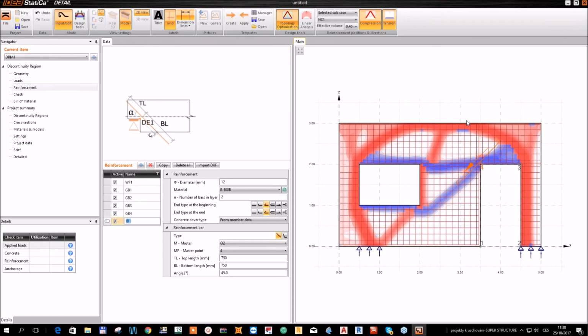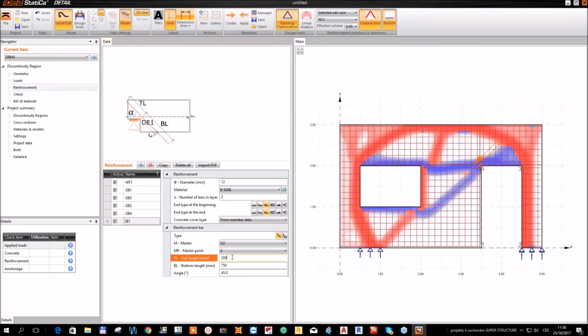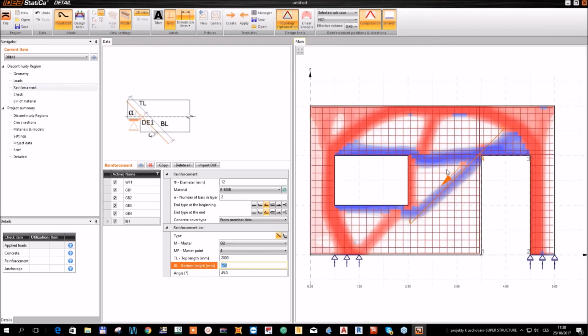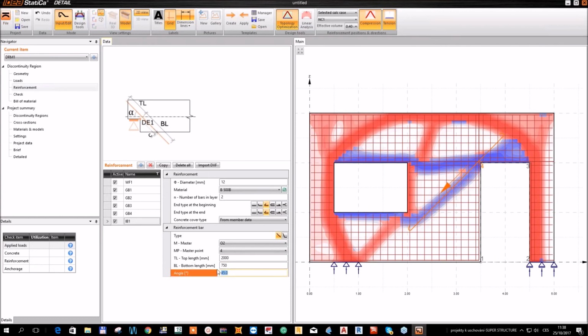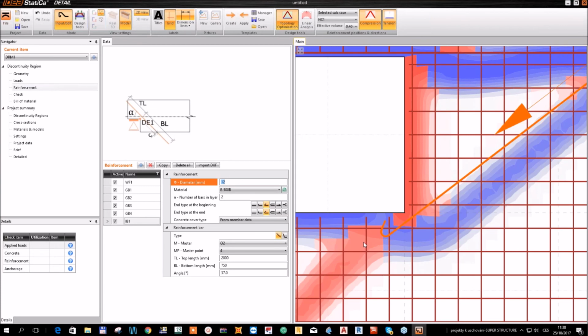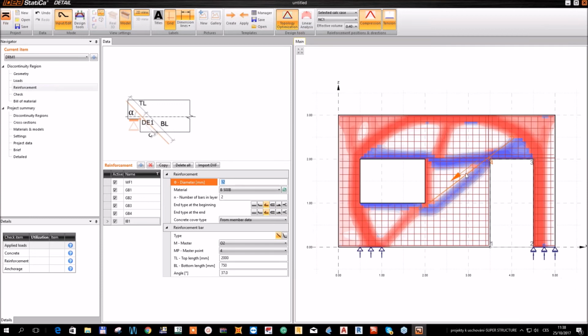The inclination bar, I would like to elongate this inclination bar here, so only change the length to 2000 millimeters, and I would like to change the angle of the inclination bar, so only overwrite this value or this angle. You can see we are done with that, and we can go to the check